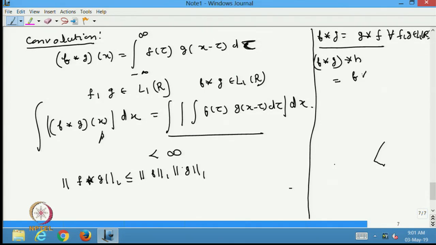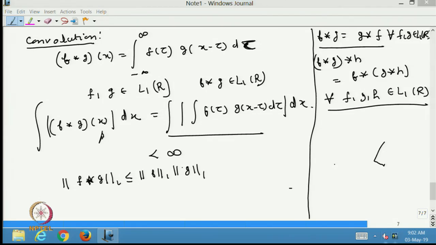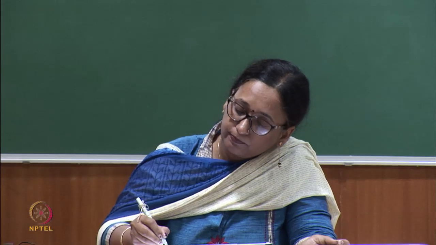Will be equal to f star (g star h) for all f, g, h belonging to L1(R). Now the next question: does an identity operation also exist for a convolution? It means